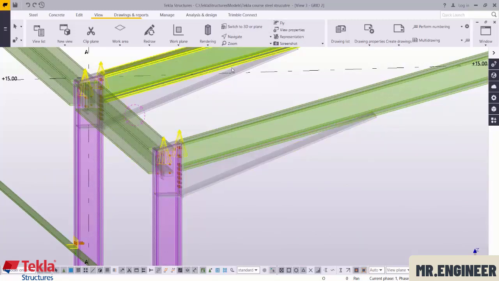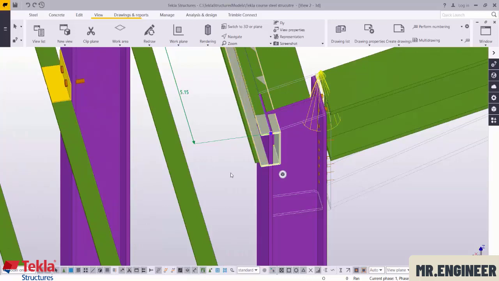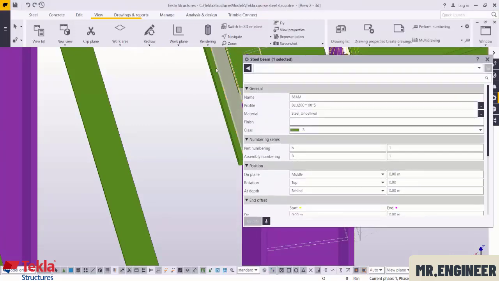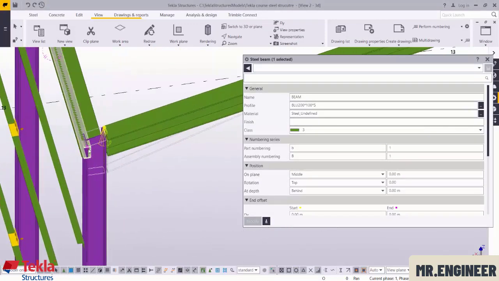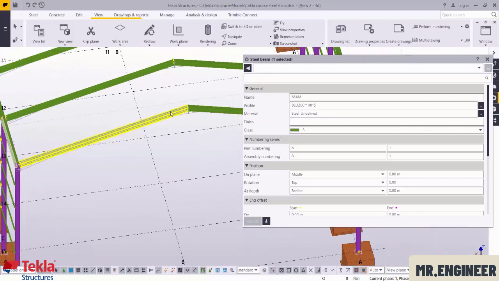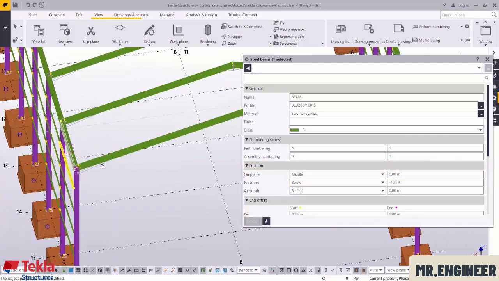Okay, let's go to the 3D and we want to move it. First we can double click on it. We need to put the angle of this C shape the same as the angle of the top of the model. So the angle here is 13.5. So if we go to the rotation and put here below and we put minus 13.5 and we press modify, we can show here,